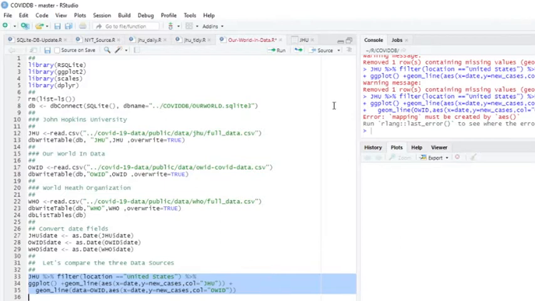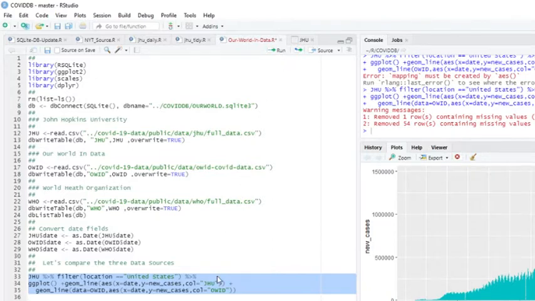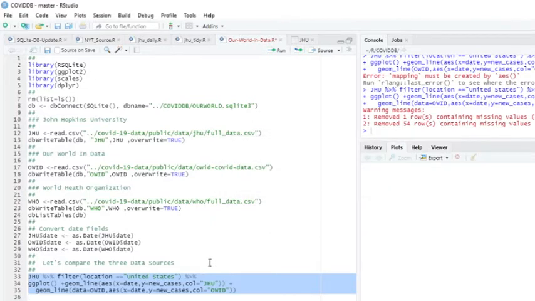What if we do this anyway? Let's just run this. Let's just do this. Let's get rid of this.